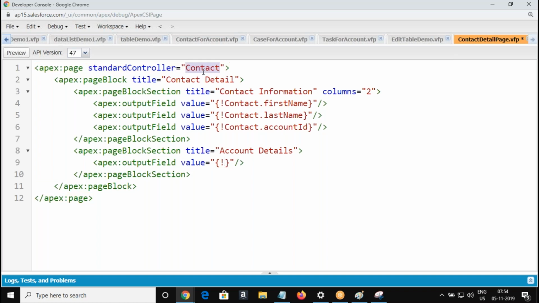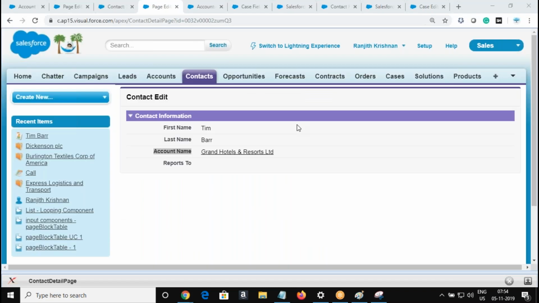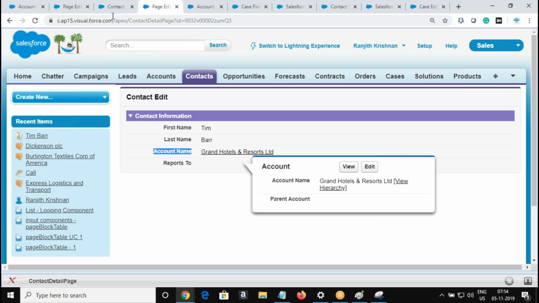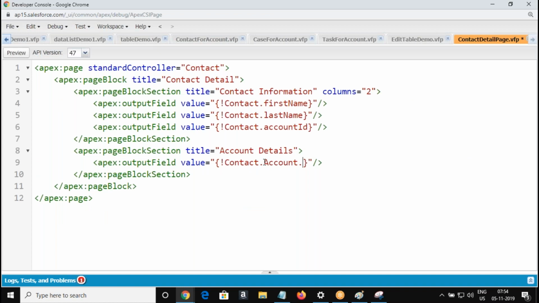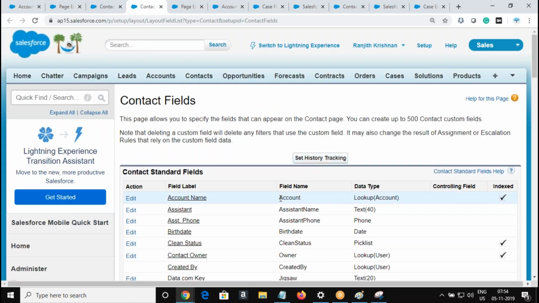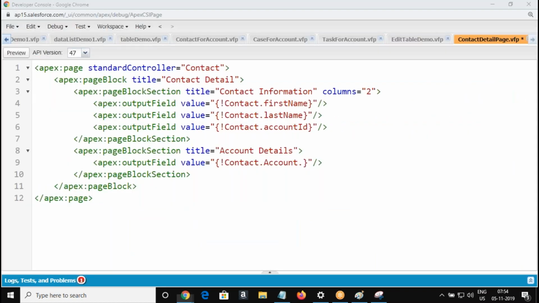Current object dot the field name. The field name is nothing but the relationship field. What is the relationship field? What is the relationship field to relate to the parent account? Account dot the field name. Account dot field name.